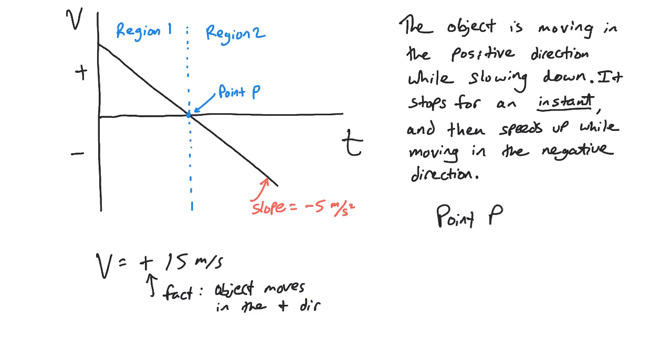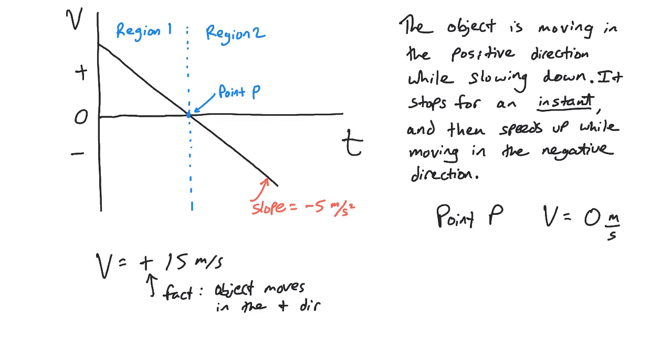So just investigate that point for a second, and we'll do the easy question first. At point P, what's the velocity equal to at that point? Just pause for 3 seconds. It's pretty easy. Okay, hopefully you got it. And you should see that right at that moment in time at point P, the velocity is 0 meters per